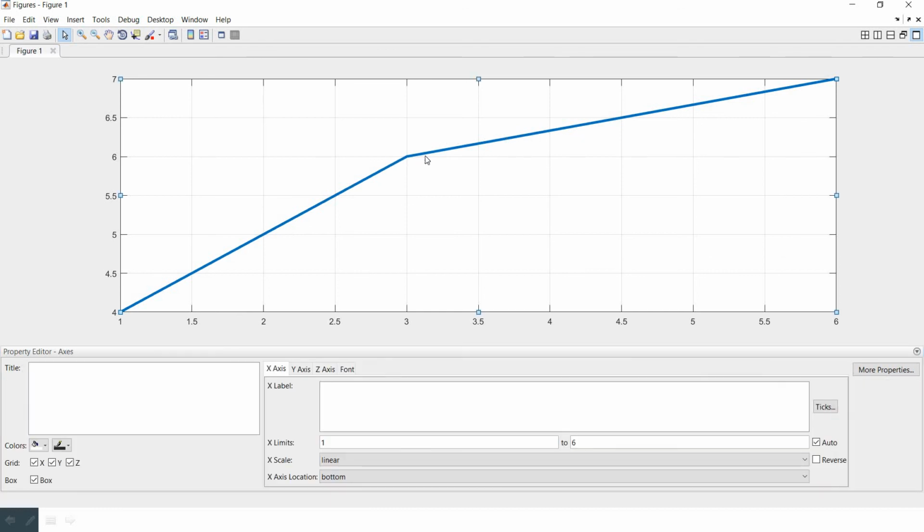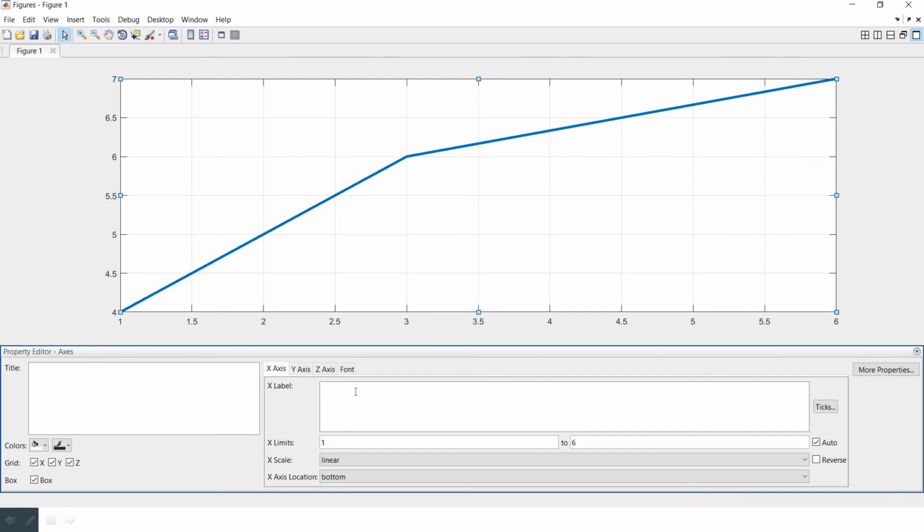Now if you want to label the x-axis, you have the options beneath this: x-axis, y-axis, z-axis, and font. So let's label the x-axis as time, and y-axis as velocity, and let's give the title as speed versus velocity.